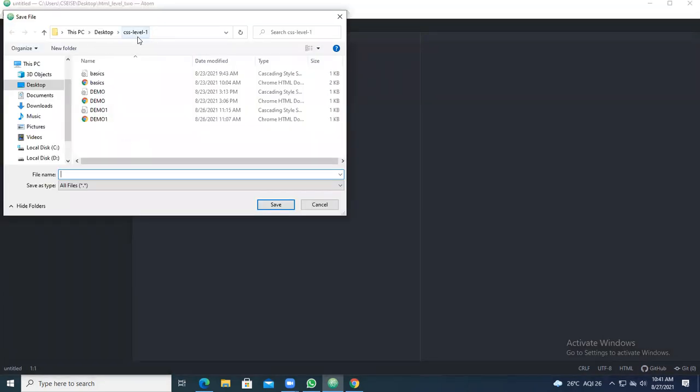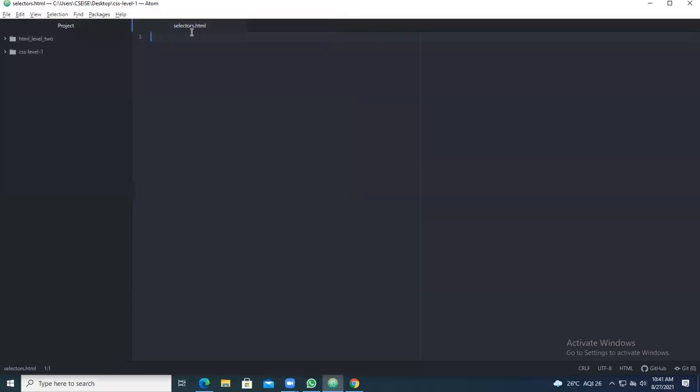This should be saved in this particular folder, because I have taken everything inside CSS level 1. I give this the name selectors.html. So I'm going to save this file, and here you can see selectors.html.